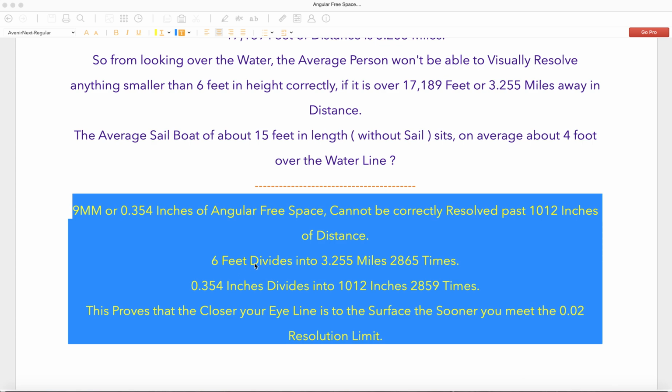Right, 6 feet divides into 3.255 miles 2,865 times. So 6 foot of angular free space will divide into 3.255 miles 2,685 times. 0.354 inches divides into 1,012 inches 2,859 times, right? There's a small discrepancy between the two, but basically what it shows is, if you treat all of them as inches, let's just say, that would mean at 6 inches,